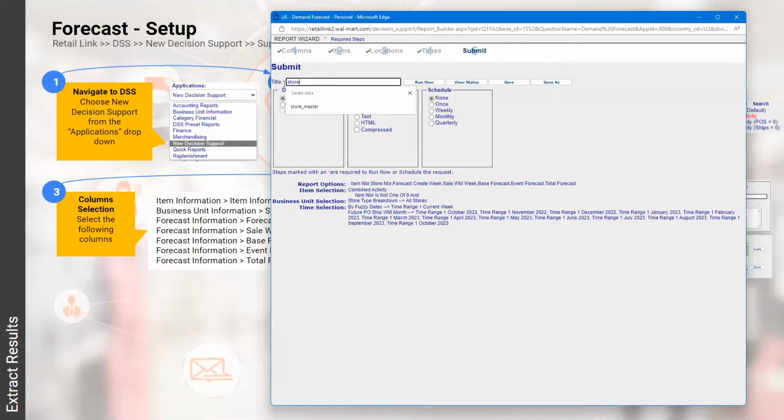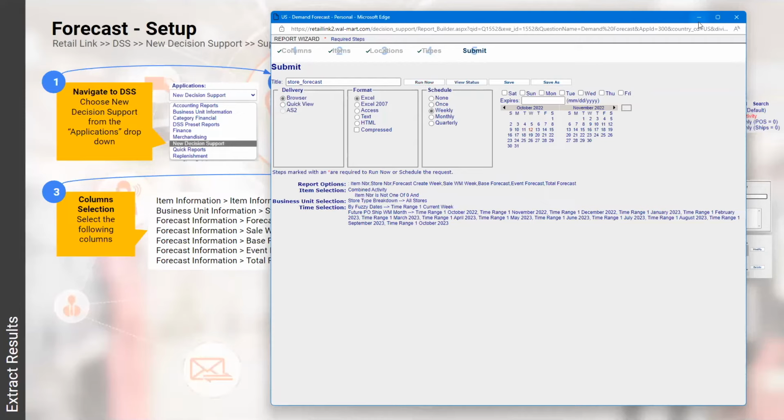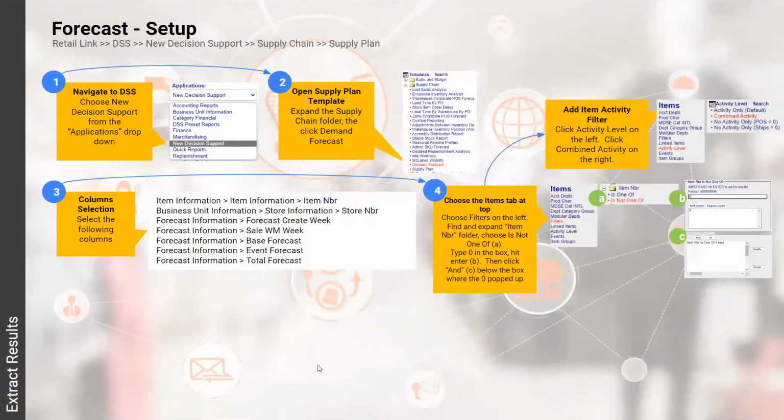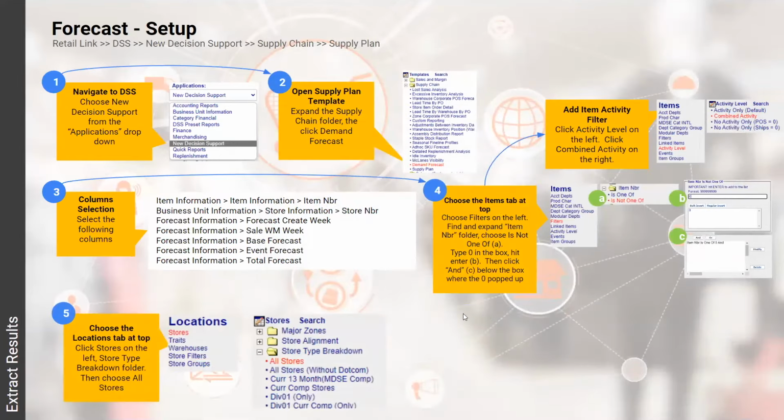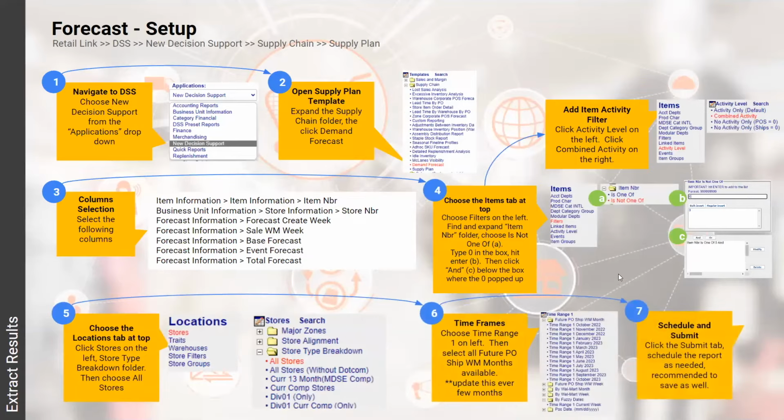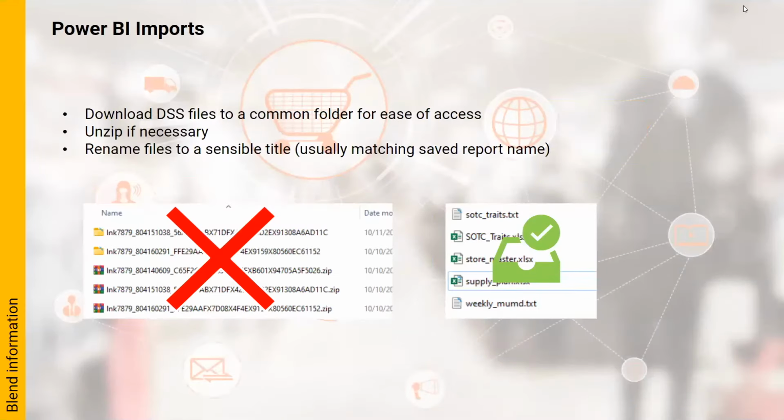Call this one store forecast or whatever we want to call it. We want to do as text, compressed, schedule it, run it. Save it, move it into our reports folder. And now we are ready to monitor the status of all the reports that we had submitted, download them, save them into our local reports folder,